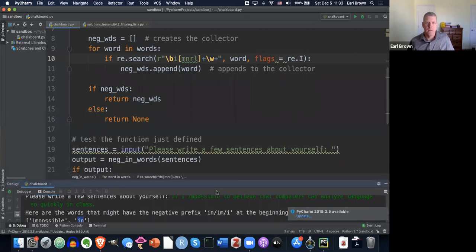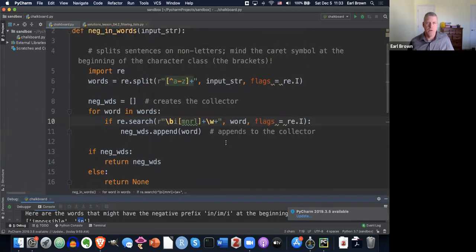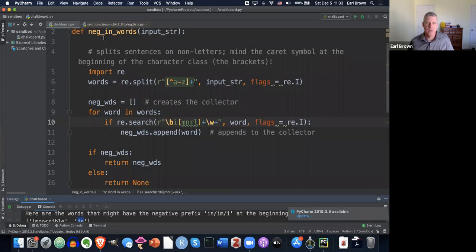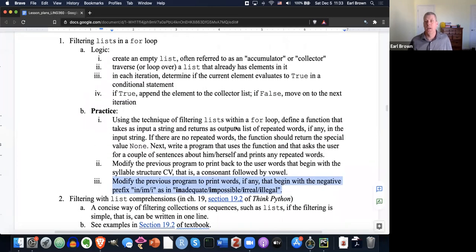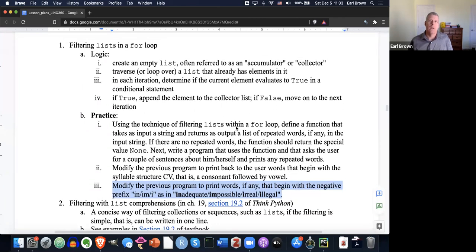Okay, so I'd encourage you to pause the video and make this work on your end. There you can see the full function definition. The main difference from before is just the regex here on line 10. All right, pause the video if you like. Okay, so that is how you filter words, or filter things, in this case words, out of a larger list